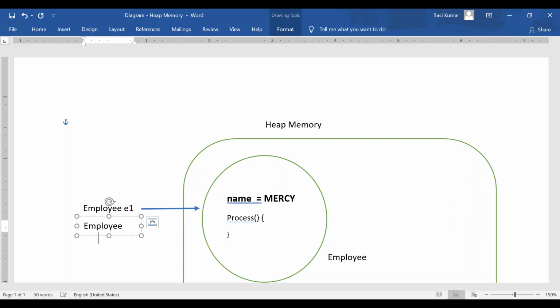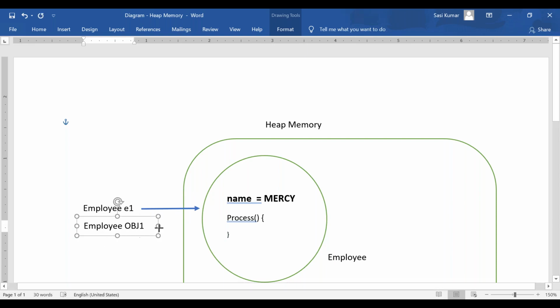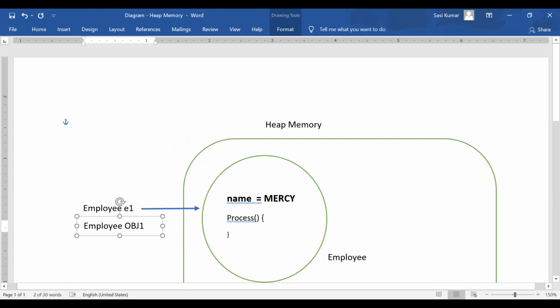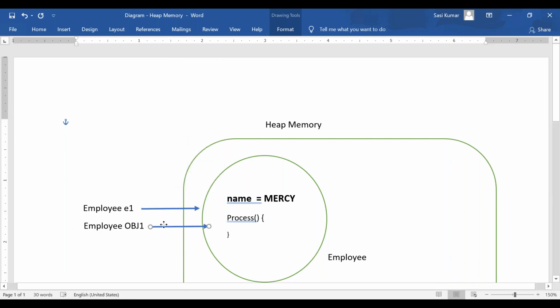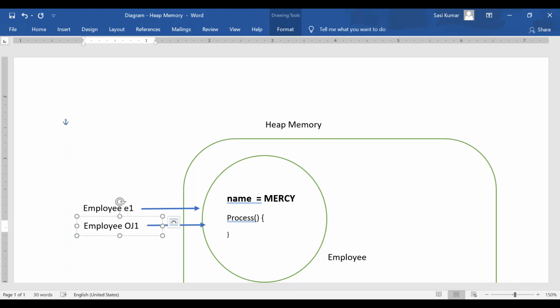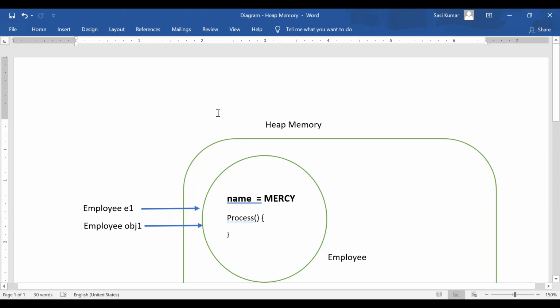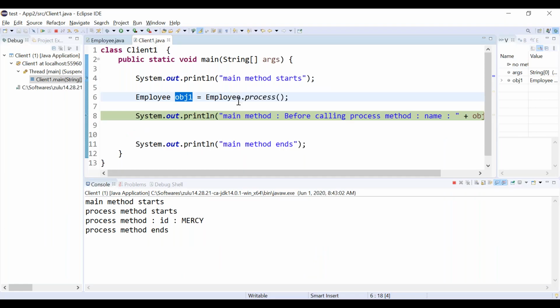This is obj1, right? This is called return by reference, because the process method is returning one reference.